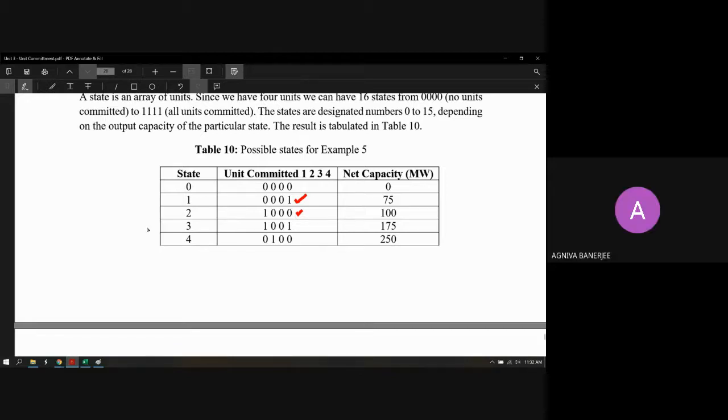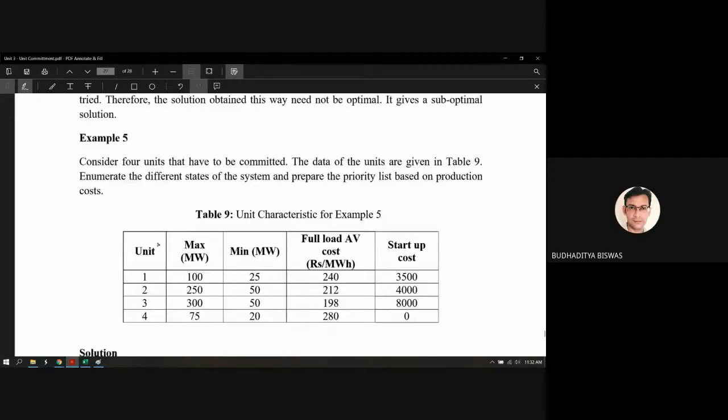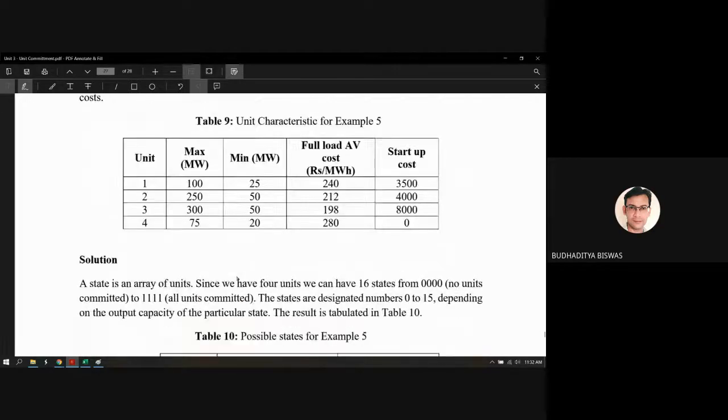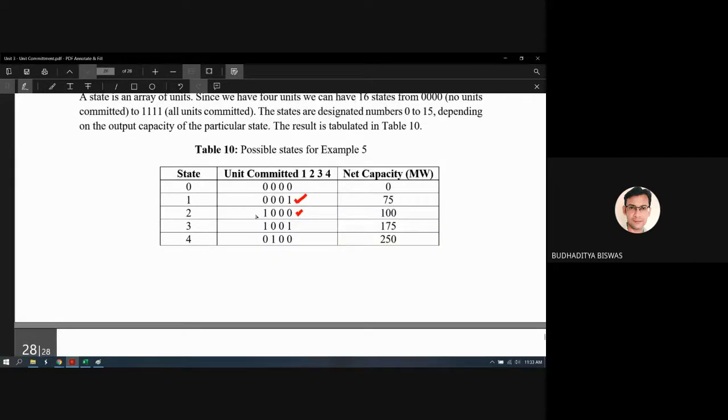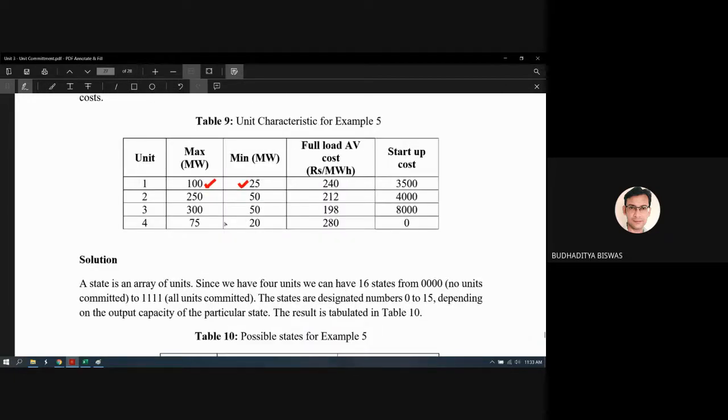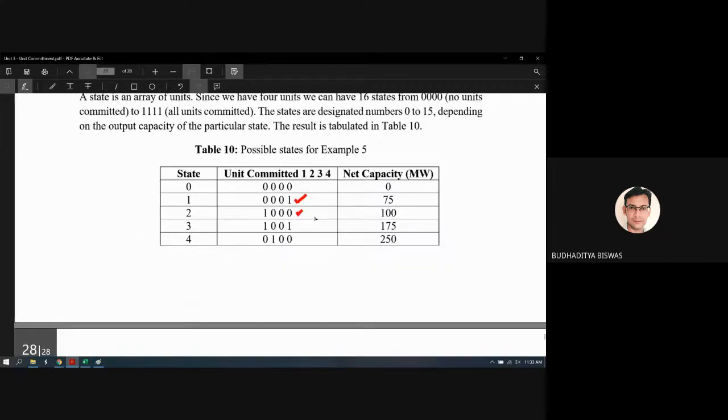So probably unit 3 minimum capacity. Yeah, no, not minimum capacity. That is actually based on the minimum cost. So here you see this is unit 1 whose generating capacity is 20. Maximum is 100, minimum is 20 megawatt. So first we generate 1. 1 means what? According to this, the 4th unit. Its maximum generating capacity is 75. That's why we write the 75 megawatt.